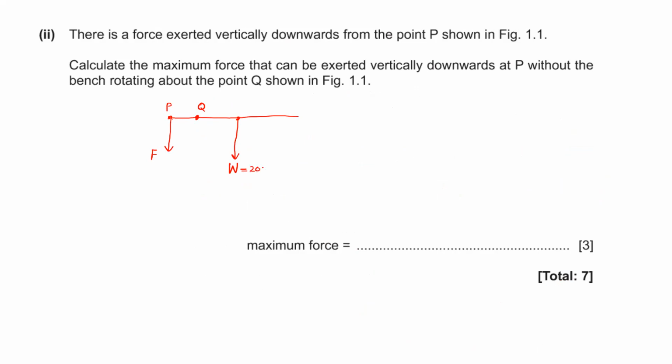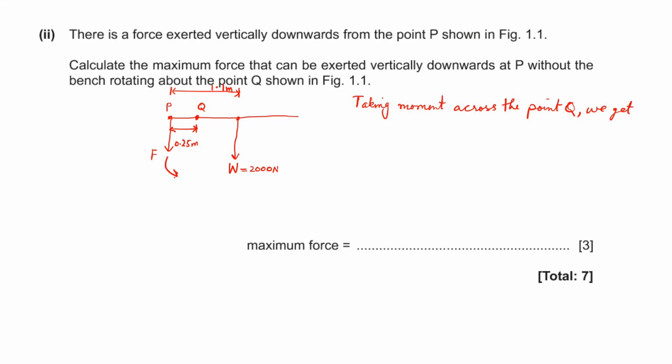Weight is 20,000 newtons. This distance is 1.1 meters. This distance is 0.25 meters. So just taking moments across the point Q, we get,